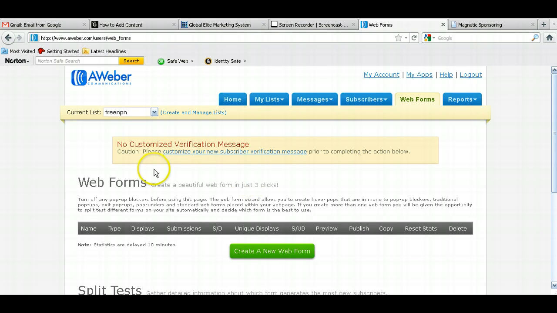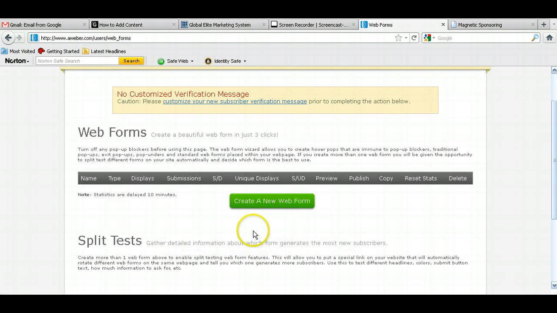And this right here is just saying that I haven't set up what happens when somebody opts in, and for the double opt-in you have to customize your new subscriber verification message. So if you have your list set up, you probably have this done already. We're just going to ignore that for right now. So we're going to click right here, create a new web form. Click that button there,